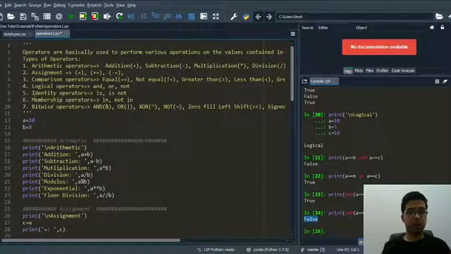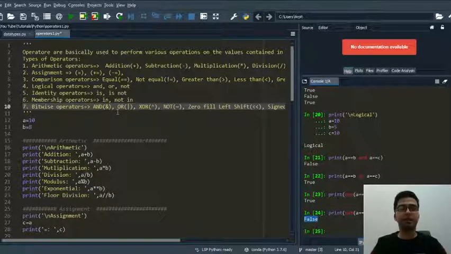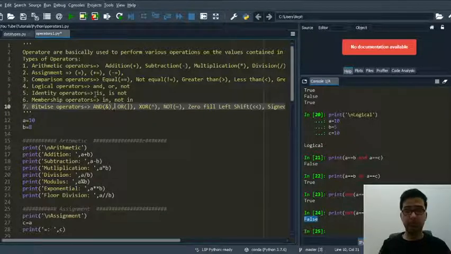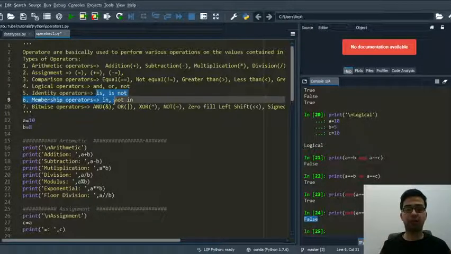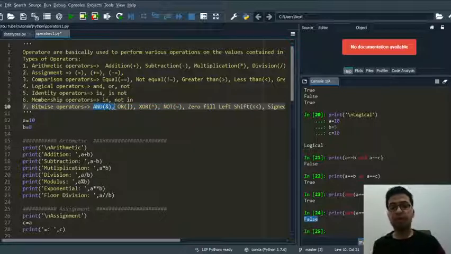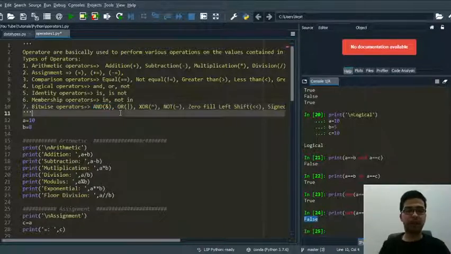We are going to discuss the identity operator, membership operator, and the bitwise operator in the upcoming videos. Guys, you might think these operators are very easy, but at the time of an interview, many of us forget the small things. So these operators are very important, and the other operators that I am going to discuss in the next video are also very important, because these questions are also used in competitive programming for NOT, XOR, OR, and AND. They are used because they deal with binary data, and many competitive programming questions use them.